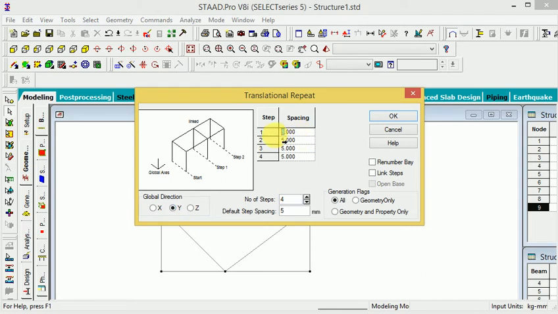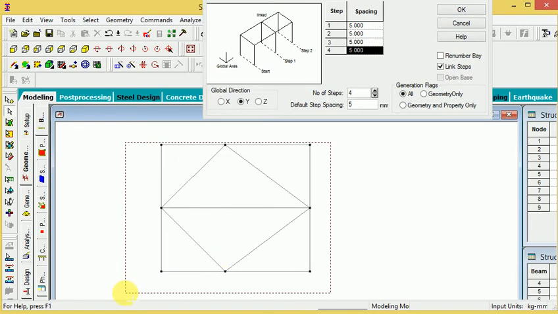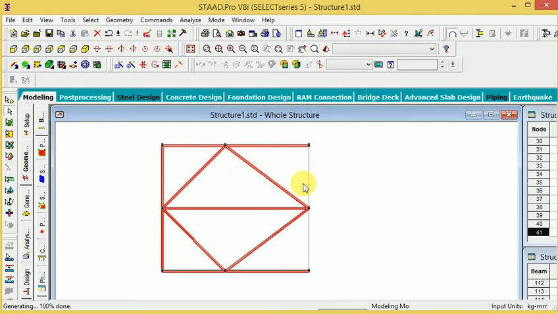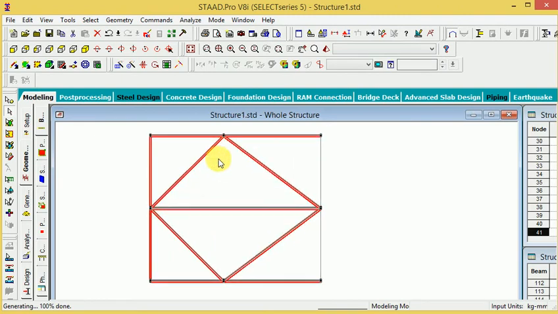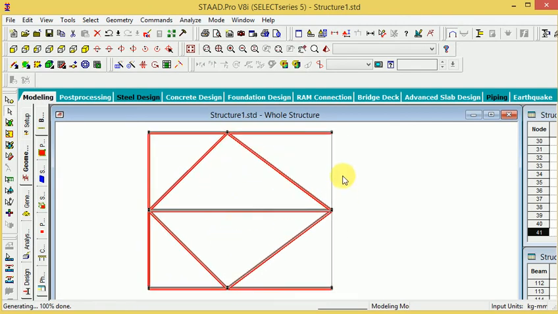If you provide a particular equal distance for every step, apply the link here and OK. Then I will select here and OK. It is very easy to create, because the dimension increases a lot.